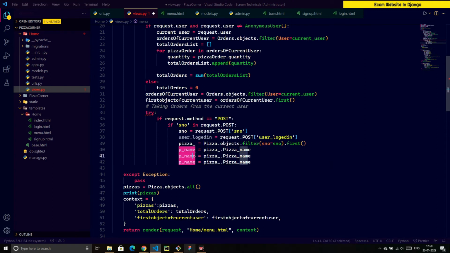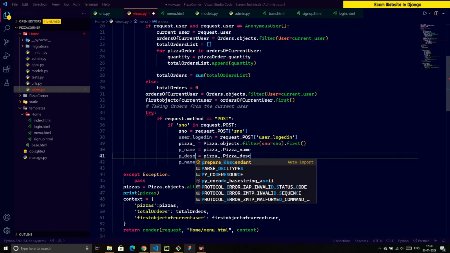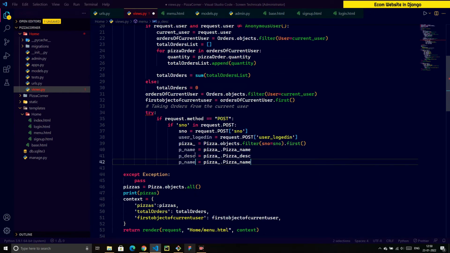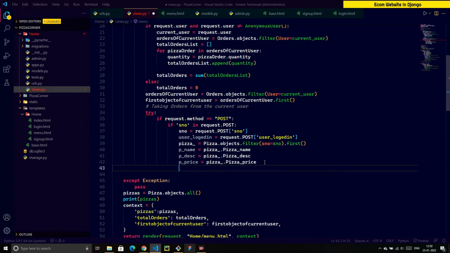Now I'm going to change this to DESC, right? And then this to price, just like that. So I'm actually fetching my pizza name, pizza description, and pizza price of that particular pizza which contains this serial number, right? And after that, I'm going to create my order,